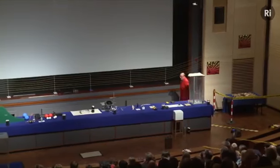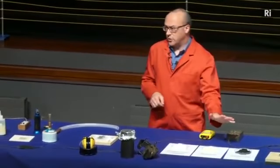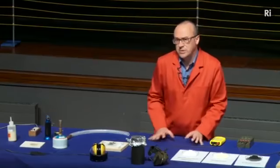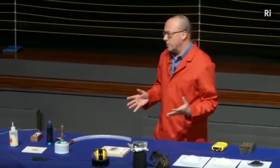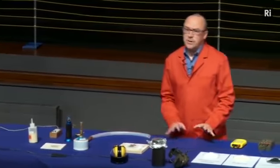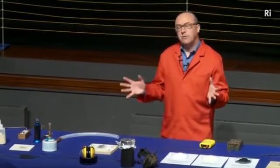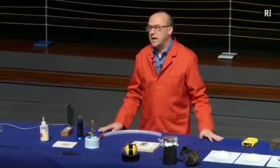Now, gunpowder is just a mixture of fuels, sulfur and charcoal, and this source of oxygen, potassium nitrate. We call that an oxidizer. And people searched for alternatives to gunpowder, other kinds of explosives. And so they started to experiment with different choices of fuels and different oxidizers. And they invented a whole range of different explosives, and these are still used today in things like fireworks and